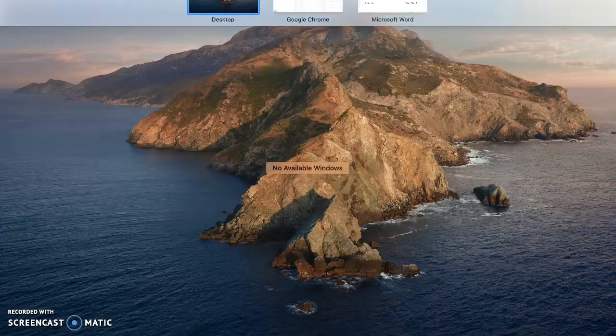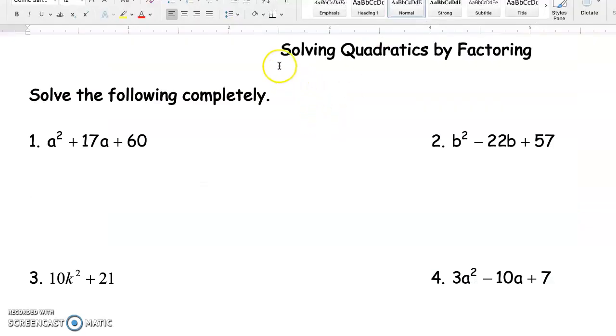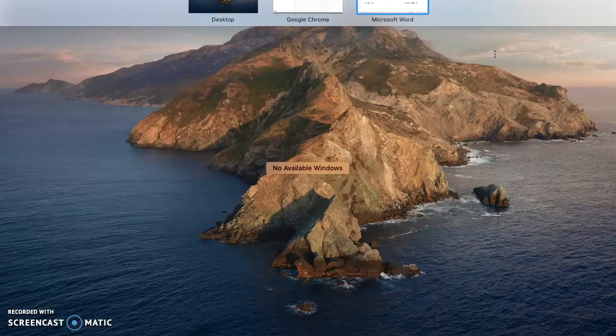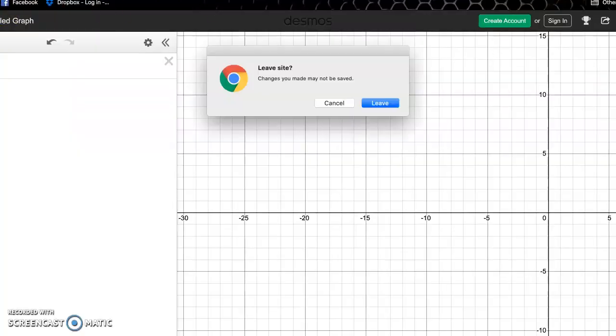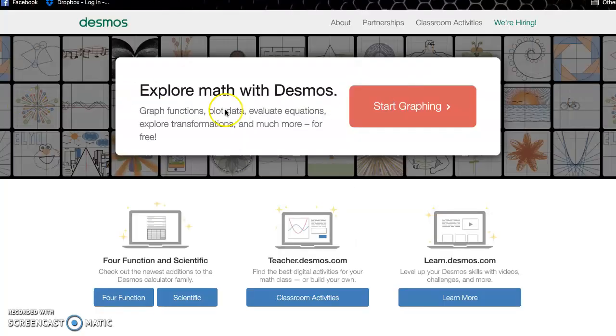Good evening, class. Today we're going to talk about how to solve quadratics by factoring. Again, how to solve quadratics by factoring by using a graphing calculator called Desmos.com. So simply within your Google web browser, type in the word